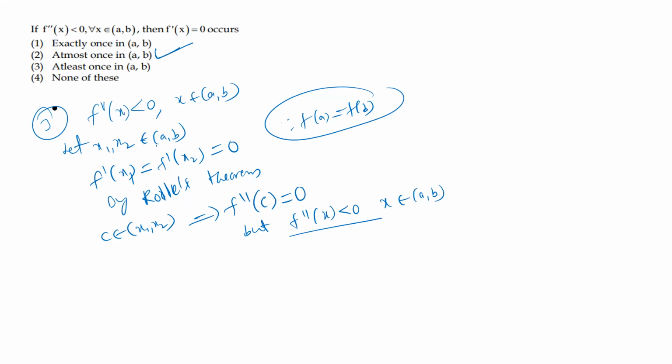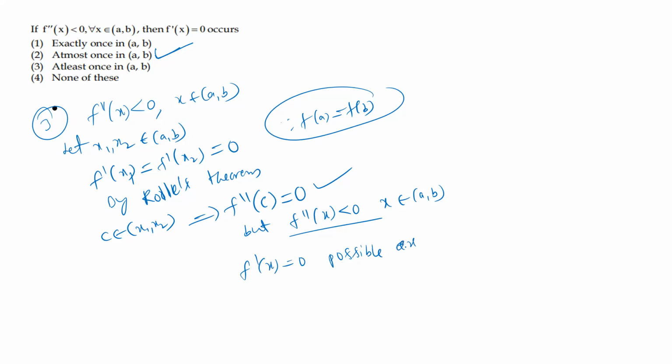That's why, which option is correct? Option 2 is correct. The reason is that the Rolle's theorem condition becomes a contradiction. You won't satisfy the Rolle's theorem condition. What you considered is completely wrong. You considered these two elements, the f dash of x1 value and the f dash of x2 value, as 0.